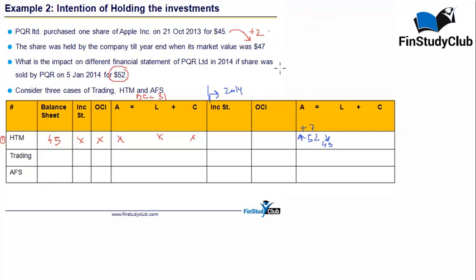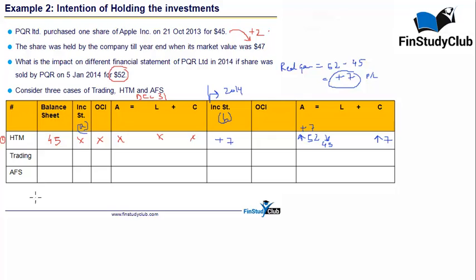Let's talk about the realized gain, which is equal to the cash sale price minus the cash purchase, which is plus 7. Overall, this should go to the income statement cumulatively over the ownership period, which means B and A put together should be equal to plus 7 in all the three cases. A has been 0, therefore the entire gain will be recognized in the second year. Capital goes up by 7, and that's how the balance sheet equation also gets tallied.